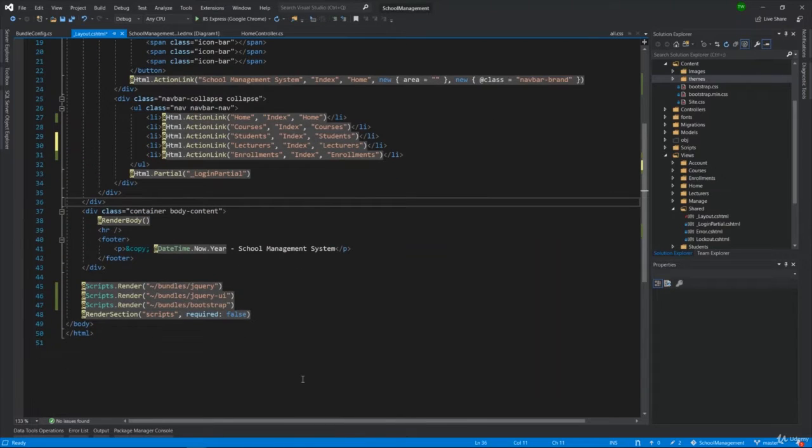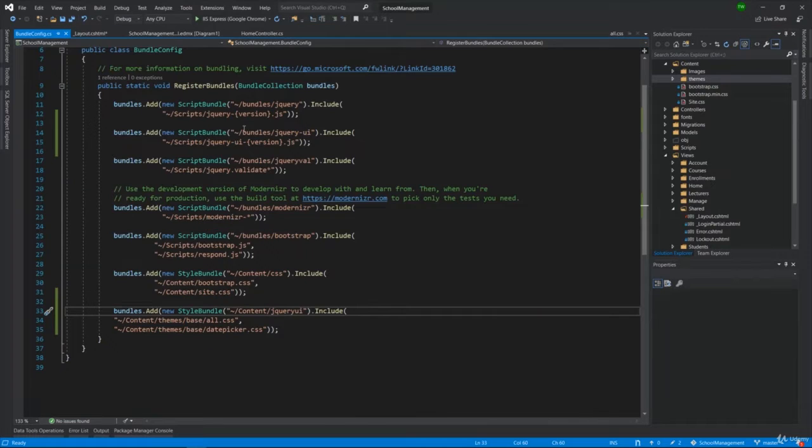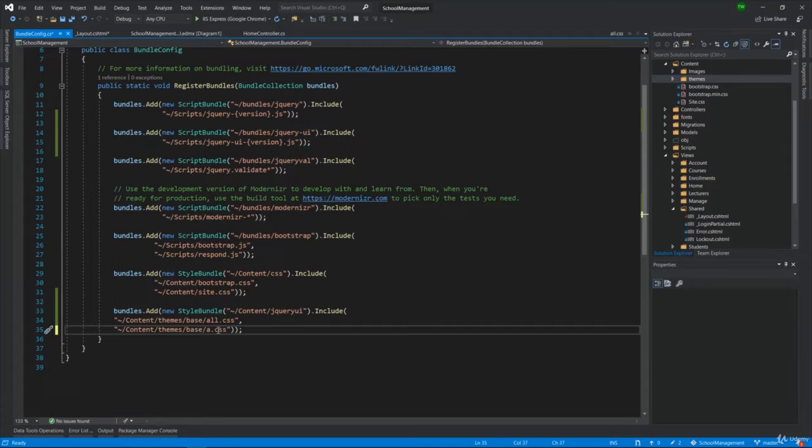Secondly, you would notice that I have a Styles.Render, and this is rendering some styles for jQueryUI. So I added a new bundle to my bundle config for jQueryUI, and I'm including the base all.css, which includes the base.css and the themes.css files, as well as, and I had datepicker, I was running an experiment, but this should really be